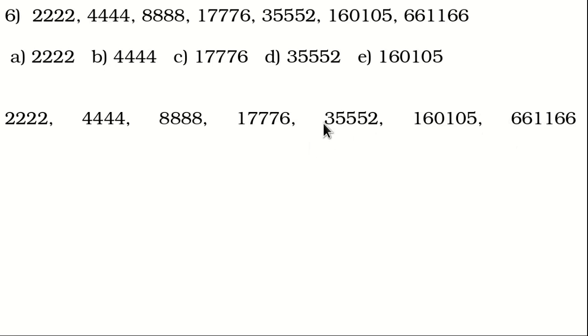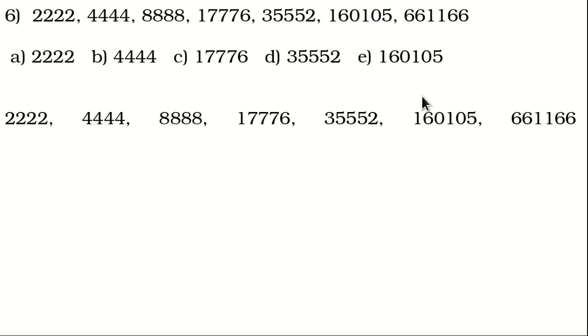When this particular number is multiplied by 2, it should give you a number which ends with 4. When the unit digit of this number is 4, this particular number when multiplied by 2 should give you a number which ends with 8. Right, our assumption went wrong. So definitely this one should not be the answer.